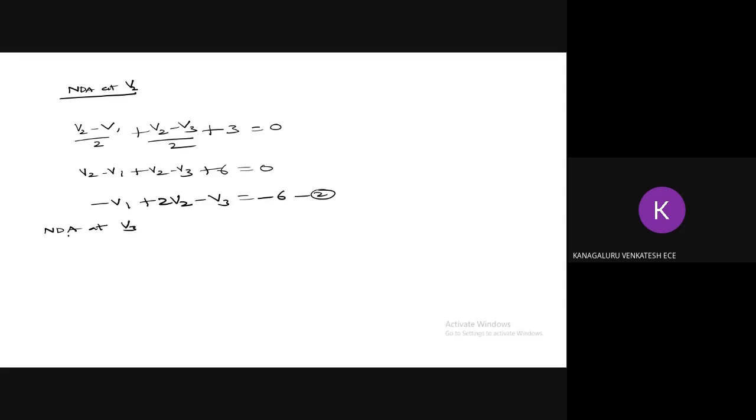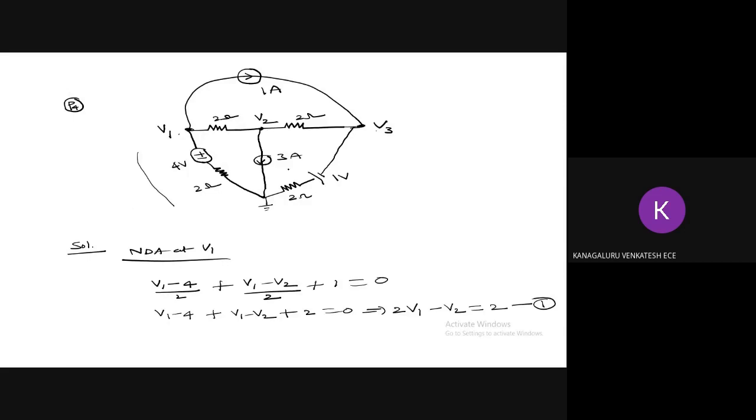Next, nodal analysis at node 3. Look at the circuit. A 1 ampere source is connected, and then left hand side 2 ohms is connected with node V2, and in the center you have a 1 volt, 2 ohms branch connected to V3. I'll start from the left 2 ohms, so I'll get V3 minus V2 divided by 2, and this current is entering V3, so I should take minus 1. 1 ampere is coming towards V3, so it is minus 1. And for the middle branch, the negative is connected to V3, sir. V3 plus 1 divided by 2.